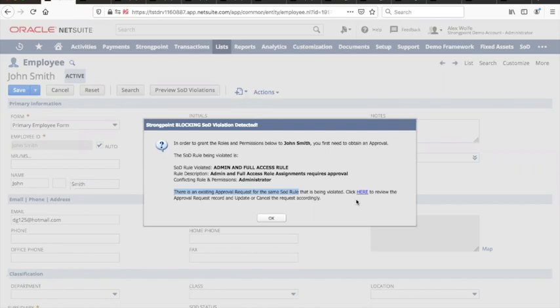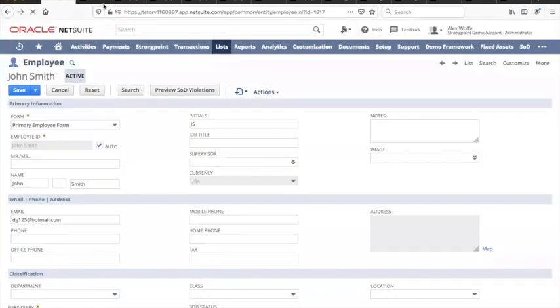So the key point about this is where you want to end up, or most of our customers want to end up, is a system where the management of roles is fully controlled, but built right into the employee record. And you don't have to train somebody to use some other system. All right. So having said that,